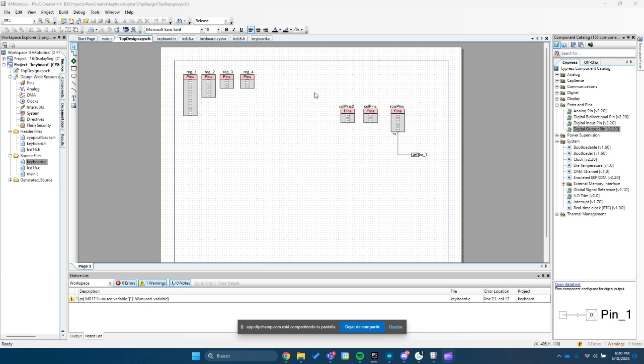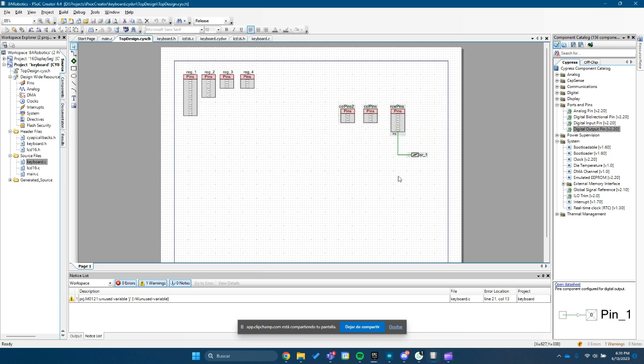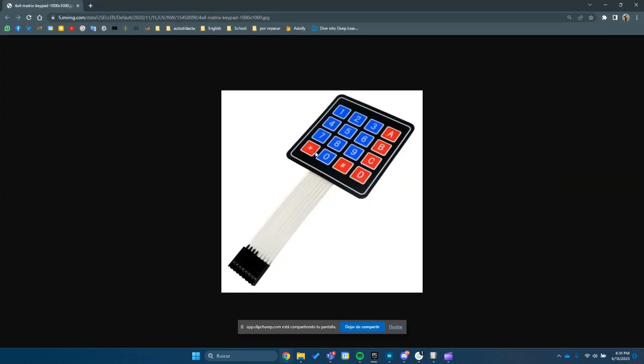I have three registers. Two are for the columns and one is for the rows. So I have an image here. I have four columns and four rows. So I need to send the information from the PSoC to the keypad to turn on these columns,